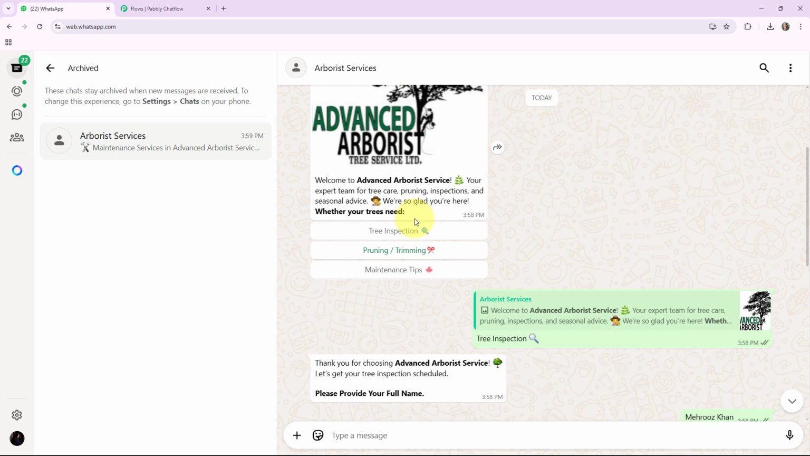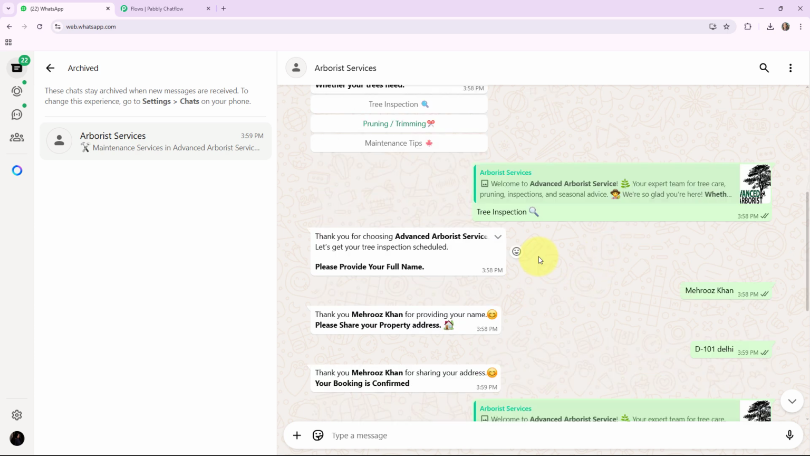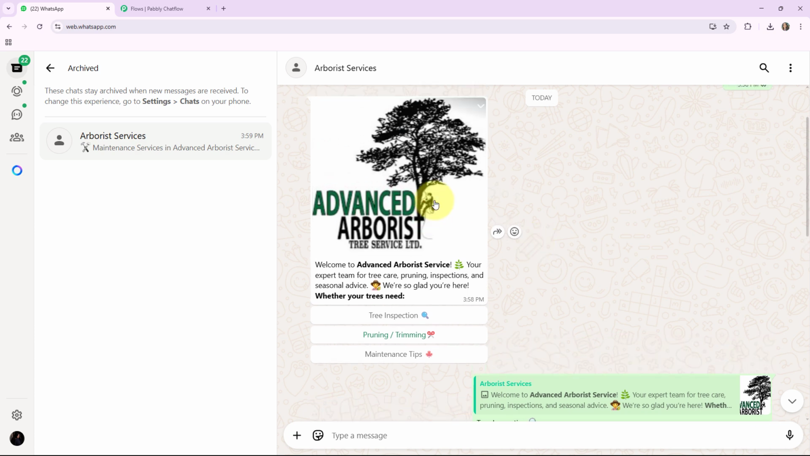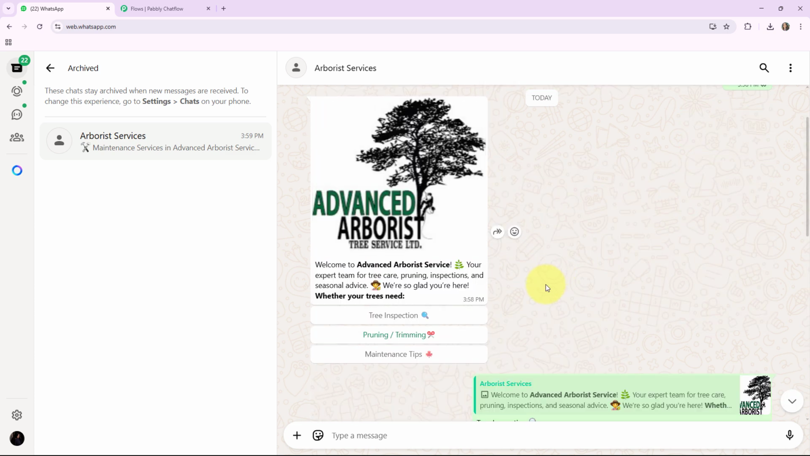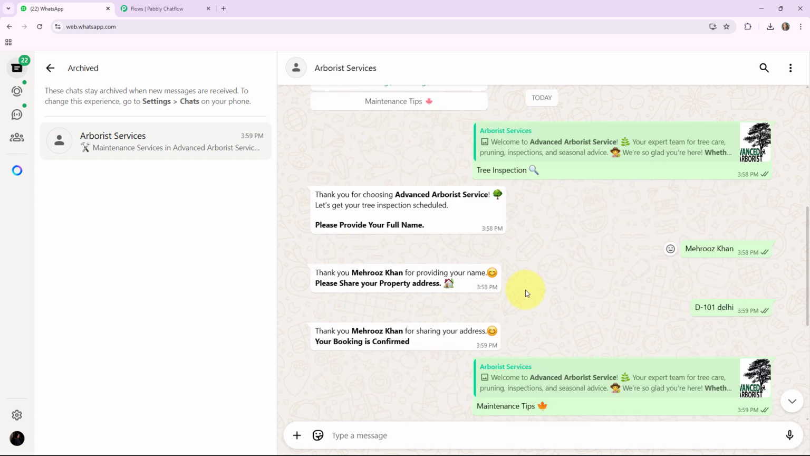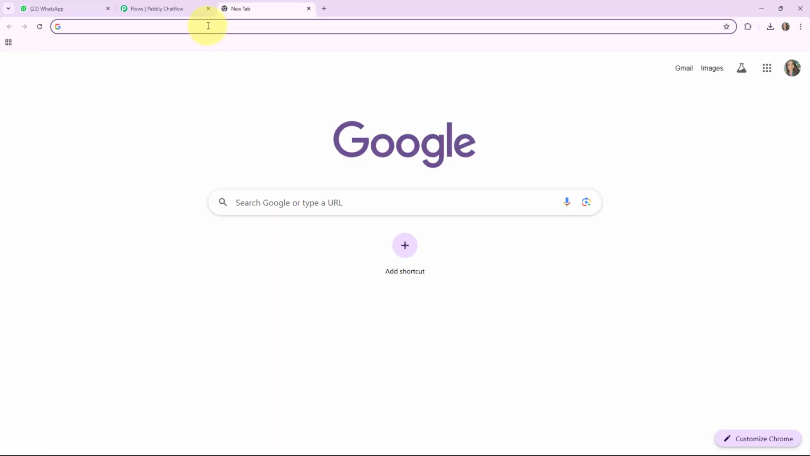So basically this is how our chatbot will be created and this is how our bot will respond to your customer. It will provide them instant response. We will create this type of chatbot with the help of Pabbly Chatflow Builder without requiring any programming or coding skills. I'll teach you step-by-step directions of creating this type of chatbot for your Arborist service businesses. So let's get started. At first you have to click on a new tab and search